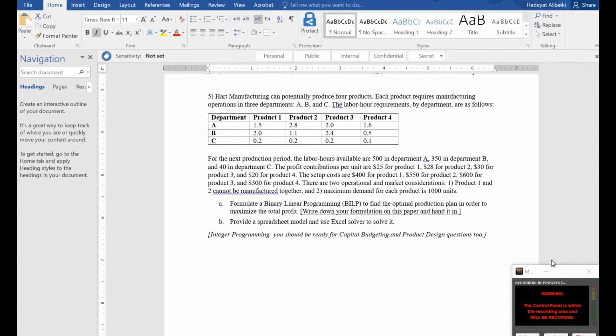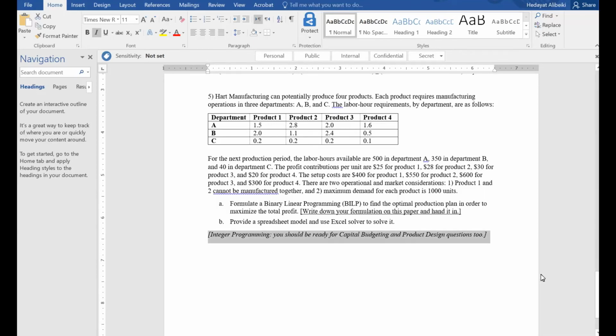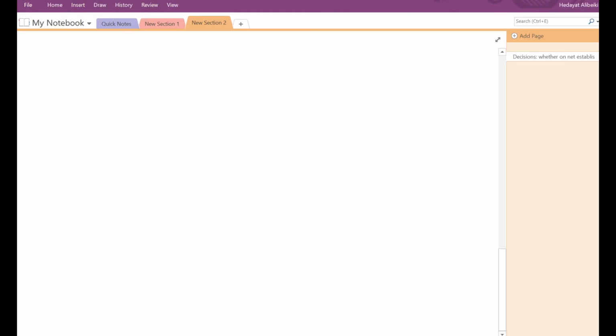So we have another problem on integer programming, which is fixed cost production planning, and it's actually a mixed integer type of problem. So just to give you a little bit of background, we already covered this example in class, but just to give you another example, let's say we have a club,